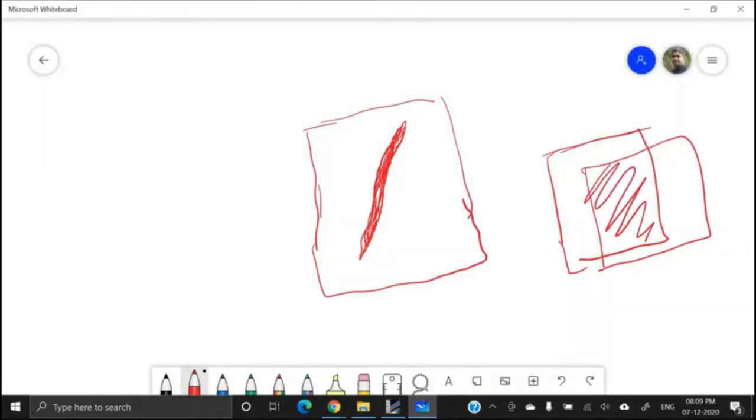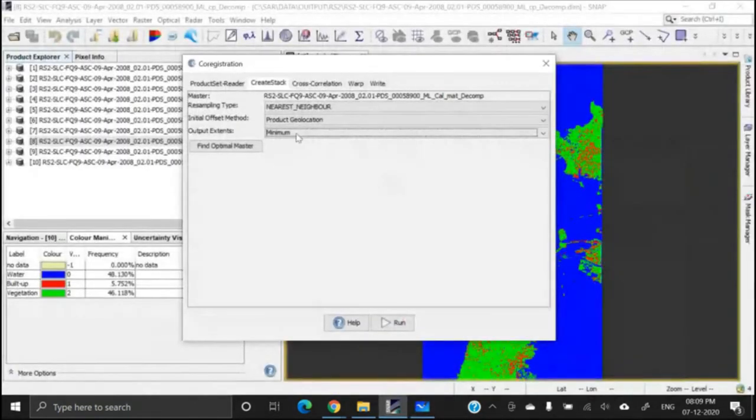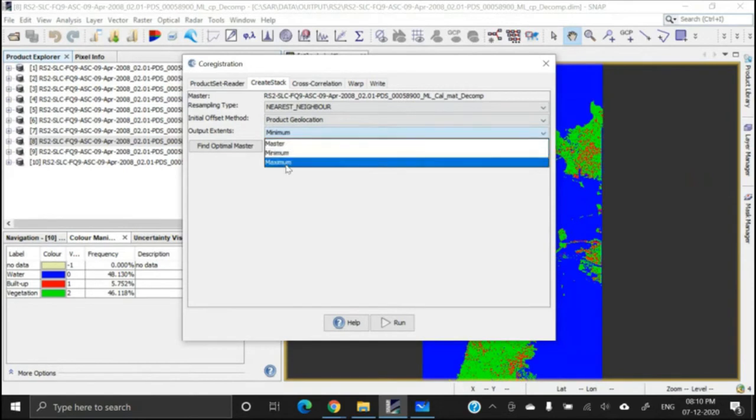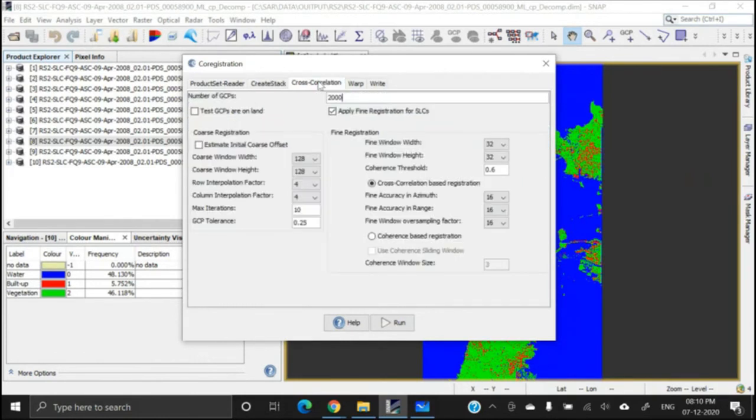If we go for maximum, then maximum. We also have an option for master. Anyway, in our case, all of them will give the same output. Why? Because in both of the products, we have the same geographic extent. We do not have different geographic extent. So you can choose anything, either master or minimum or maximum, whatever we select, ultimately the product will be the same. So select master.